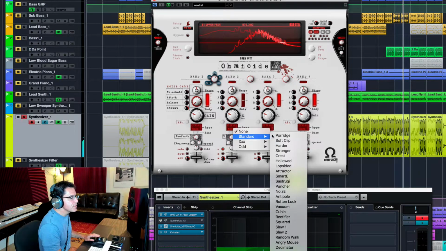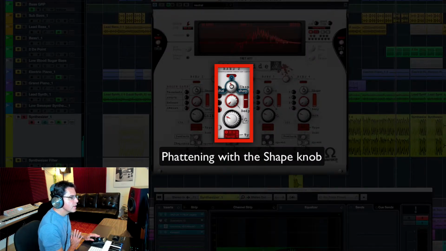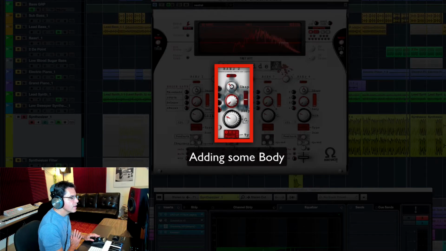There's a bunch of different types of distortion, models of distortion. I'm going to choose this one called Porridge. It does a nice job. Now the first thing I'm going to do is there are some cool shape tools here. I'm going to add a little bit of fatness. If you see what's going on there, I'm going to make it a little fatter. And I'm going to bring a little bit of